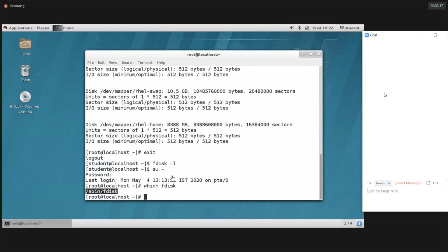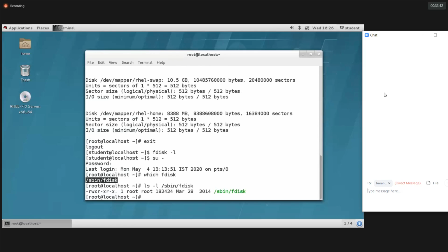Yes, Prajwal, Sachin, Chandana. How do we know the properties of this particular file? Usually how do you get the properties, guys? ls -l. Very good, Milan. ls -l /sbin/fdisk. That's it, no?